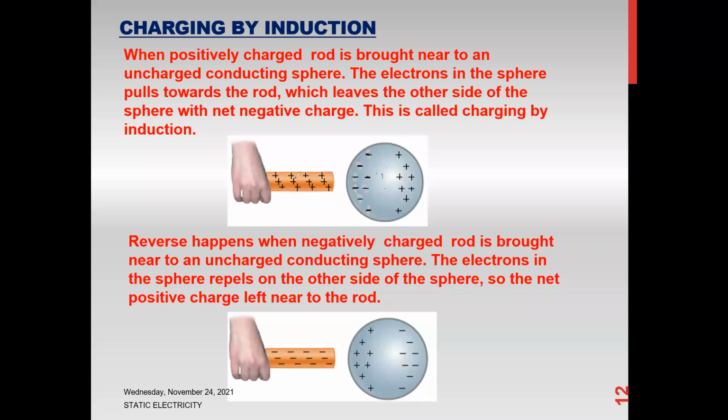As you can see here, we have a positive charged rod. It creates a distribution, negative charge on one side and positive on the other. Now if we connect an earthing wire, and we can connect it from anywhere, it does not make a difference. I can connect from the top, from the bottom, or from the right-hand side. For example, if we connect the earthing wire here, this positively charged rod and this positive side will attract the electrons.